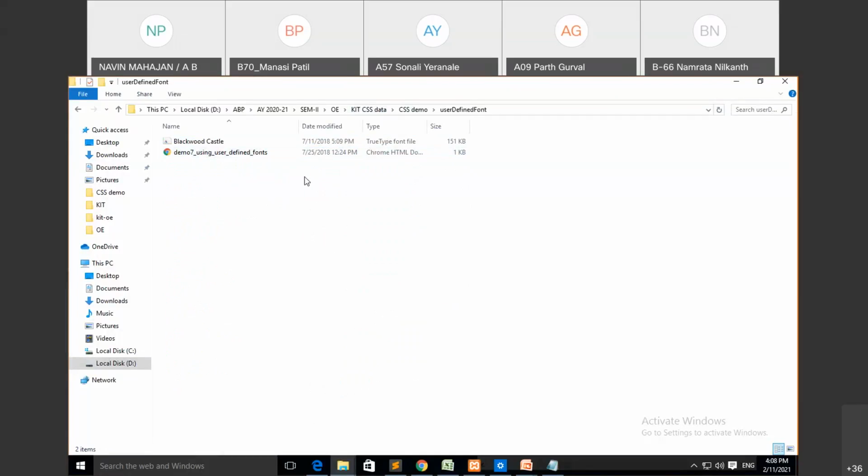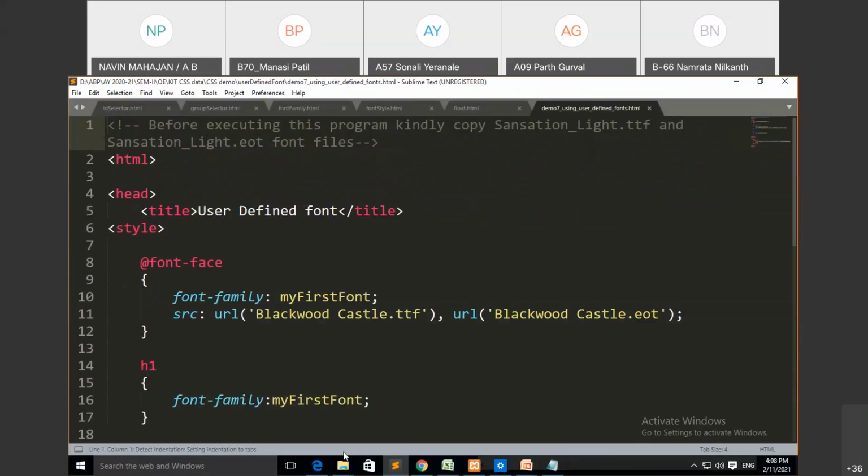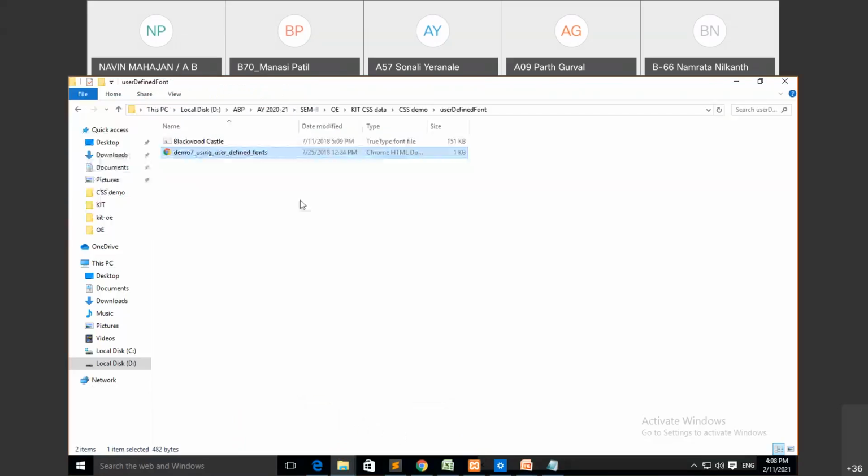Suppose that if you want to apply your own font on your web page, at that time how to apply, I will just show you. You can see here. Okay, आता तो font आहे डाउनलोड करून ठेवला आहे. The font name is the Blackwood Castle. Okay, font name is the Blackwood Castle and font type is a true type font file, म्हणजे TTF फाईल असते